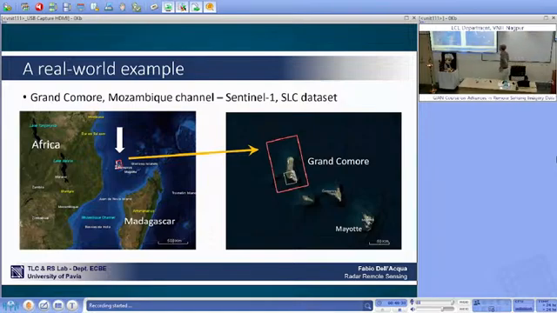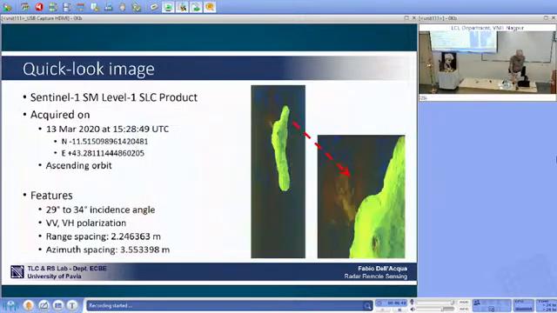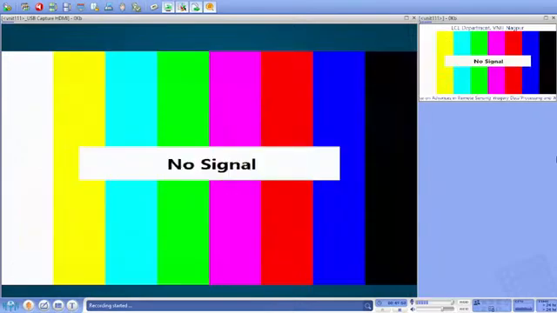This is one acquisition on one random place that I took from the older version of the Copernicus portal, one island next to Africa, where you can see here the so-called quick look image, where the spatial information, which is contained in the image, clearly tells you, notwithstanding,